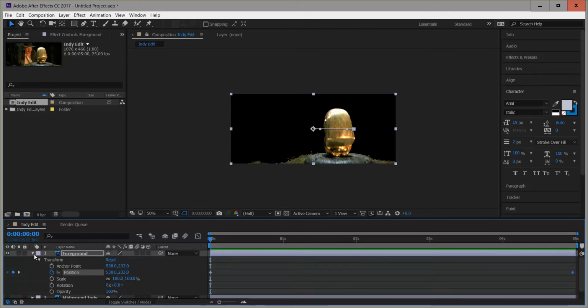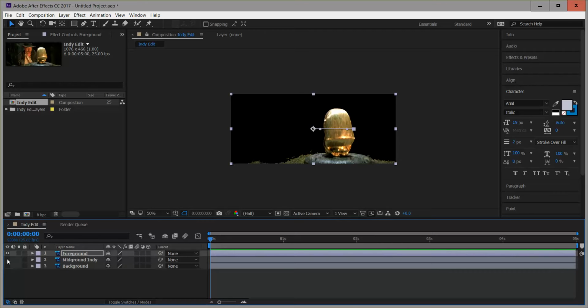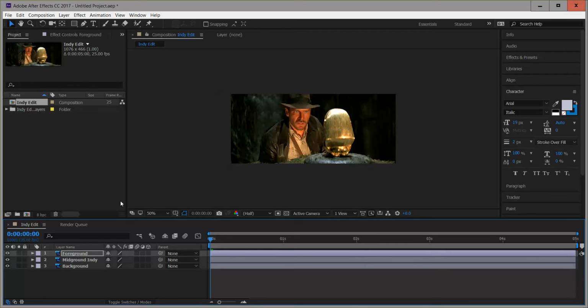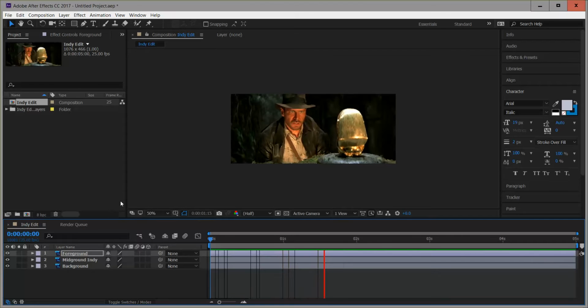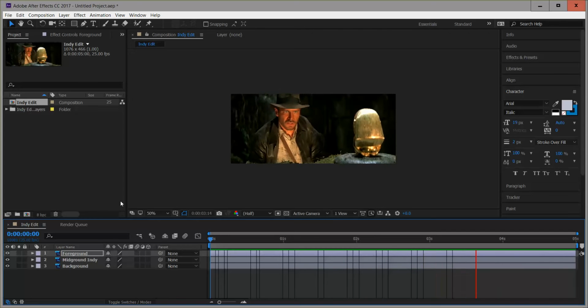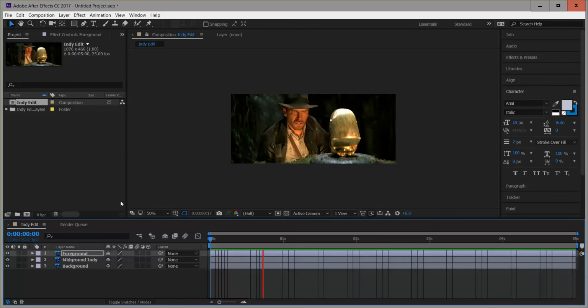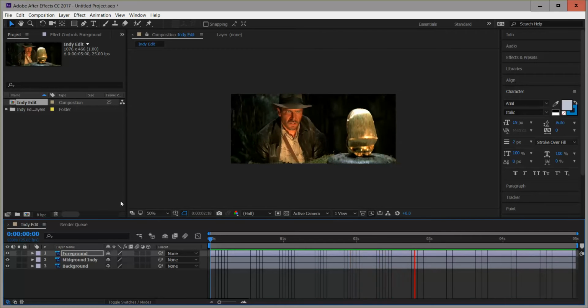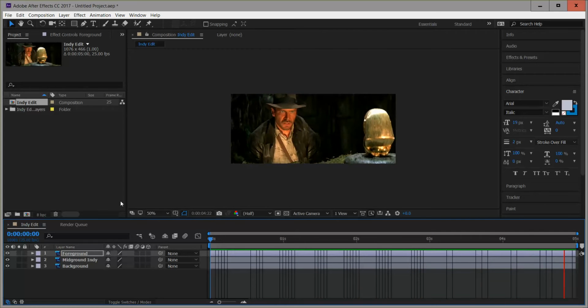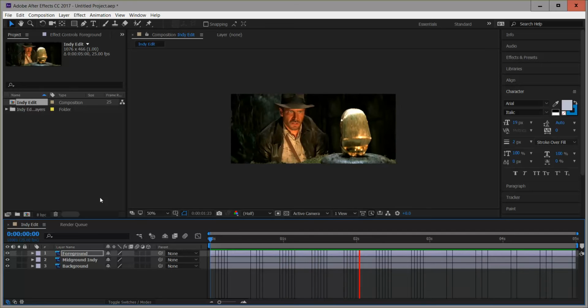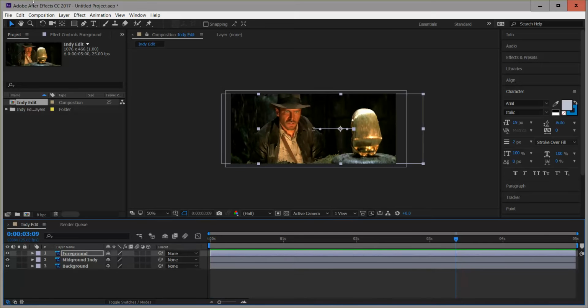So with all those together, if we get all 3 layers together and push the space bar, it may take a while to load a preview if you've got a lot going on in the background on your computer. But again, we've now got a nice kind of in-depth movement happening from one static image. So from this,